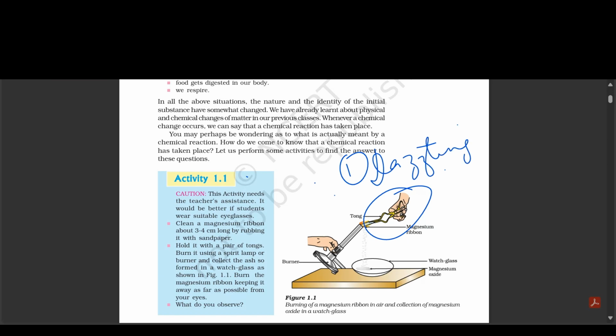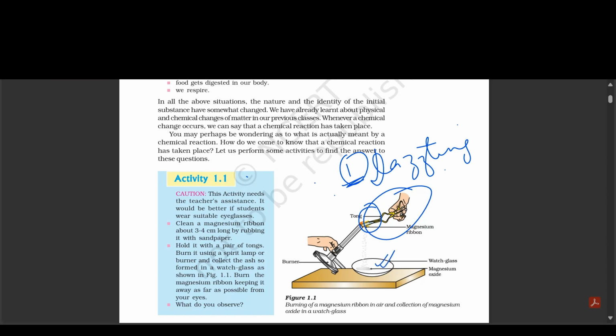Dazzling means something which is very, very bright, so bright that you will find it difficult to even open your eyes and look at the flame, right? So first you will observe the dazzling white flame, and along with that, the ribbon will be converted into